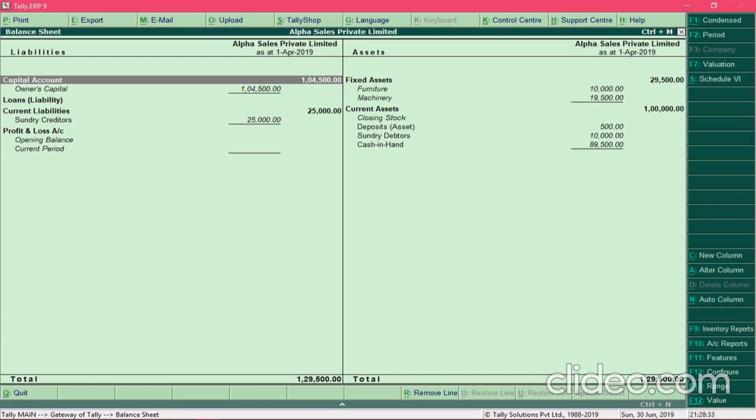So with this exercise you learned how to create ledgers in Tally. So in the next video I will show you how to modify an existing ledgers in case if you have made any mistakes or in case if you want to